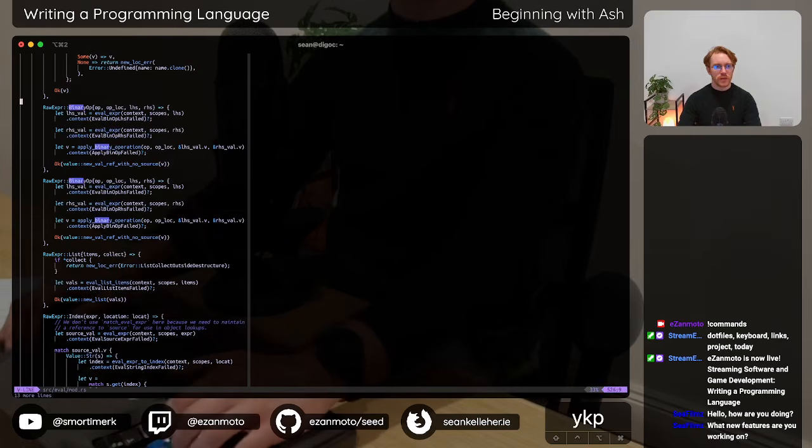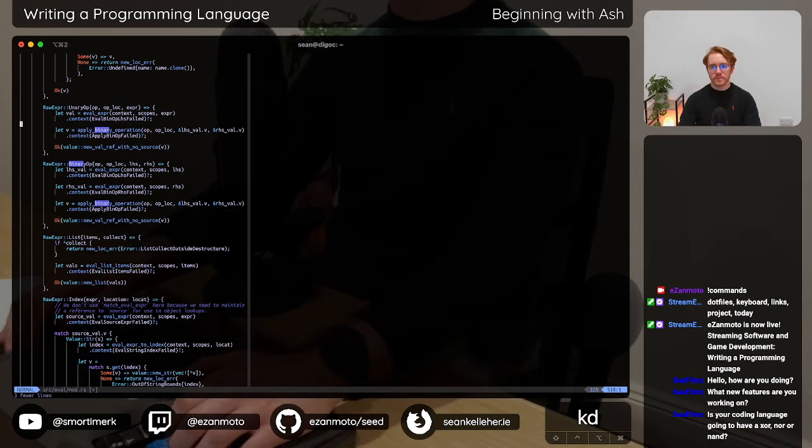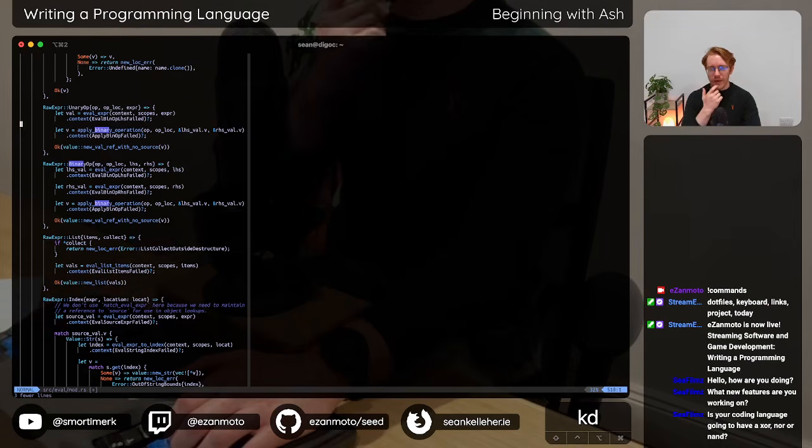Cool, so let's go ahead and do binary operation and replace that with unary operation. And this is just going to have one expression. So it's not going to have, I think, any of those. In fact, this language in particular won't be for kind of low-level processing.